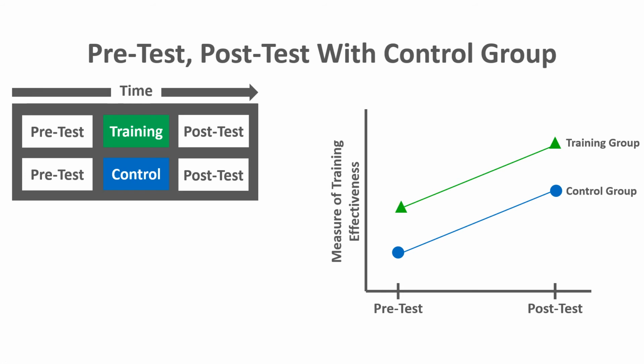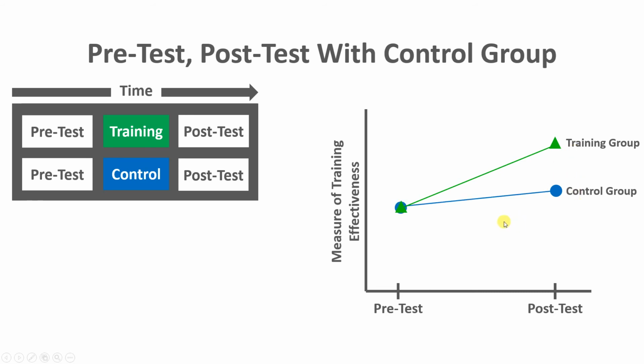And maybe when they're back on their job in between training sessions, they were Googling it, they were looking it up in the company's wiki to try to figure out how they could do better on that. And so they naturally, over time, on average, improved, but not necessarily due to the training itself. So what this would tell you is maybe the training is not a good investment, or it should be redeveloped and redesigned in order to actually make there be differences in terms of rate of change from pre-test to post-test between the training group and the control group.